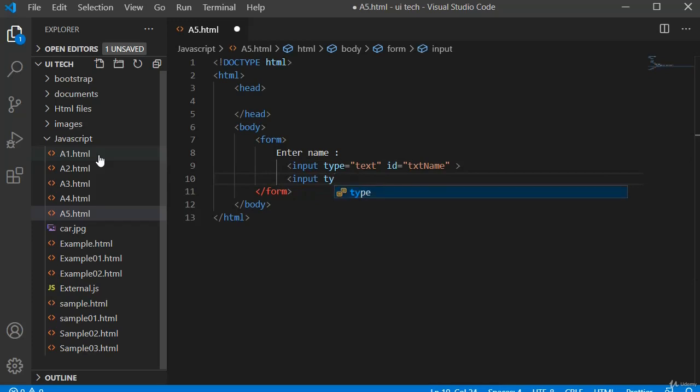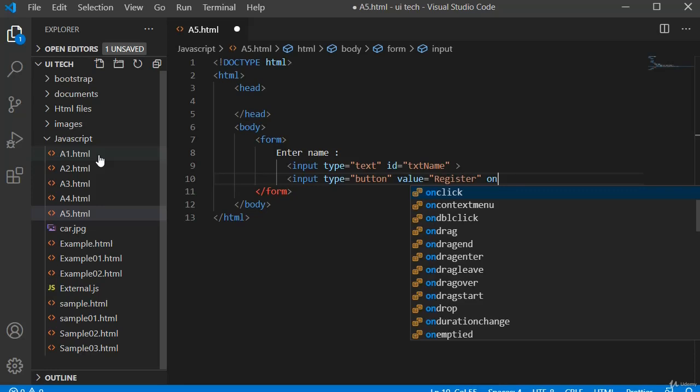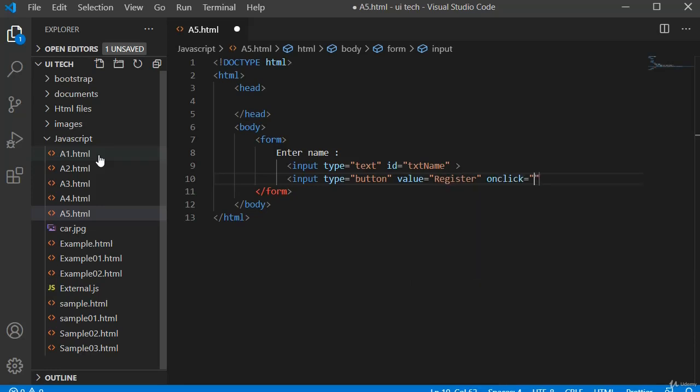I will give type as button. I will give a value of register. Then I will use an event to call my function, onClick event. After writing the function, we will mention that function in my onClick event.